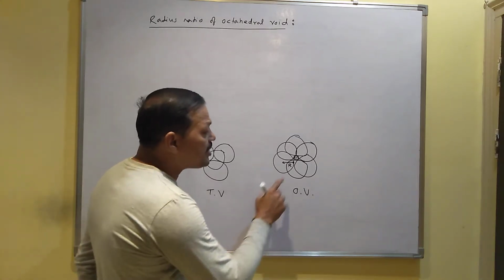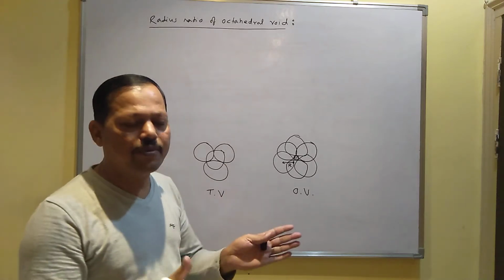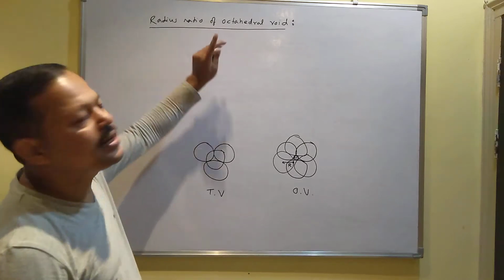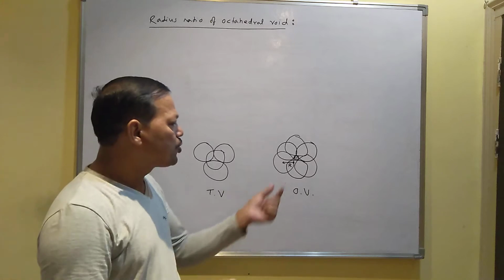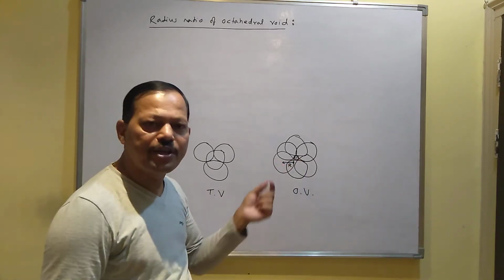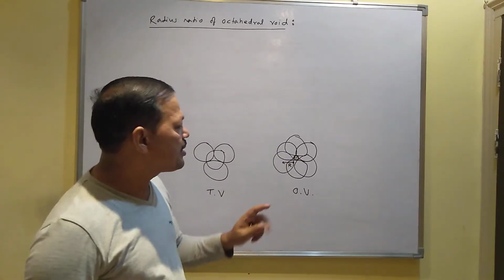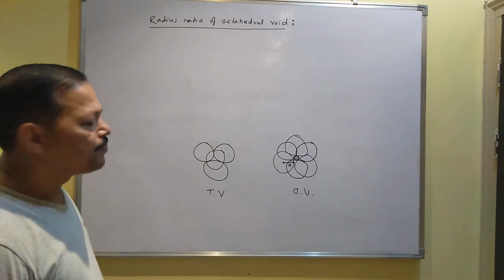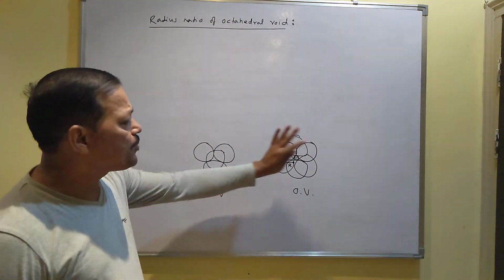So what is the relation between this small r and capital R? I mean you have to find out the relation between the radius of the particle and the radius of the void, which is called the radius ratio of the octahedral void. You know particles are larger than voids, so definitely the particle radius should be more than the void radius. How much greater the particle radius is than the void radius, that you have to find out, which is called the radius ratio of the octahedral void. So as you know, an octahedral void is formed by 6 particles.